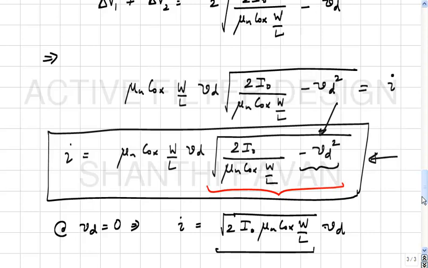Okay, and again, the sum of the overdrives being constant is only valid at a pinch, only when Vd is very, very small, in which case Vd square can be neglected in relation to this voltage. You understand? Okay, so